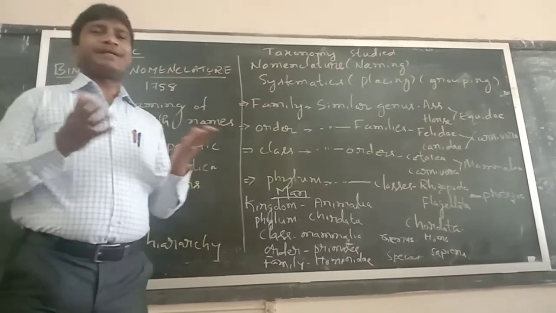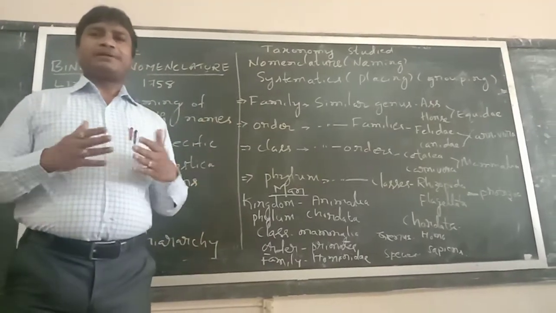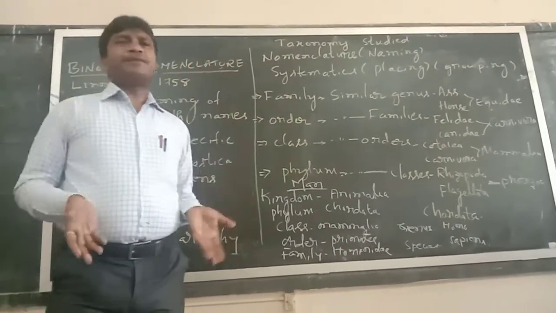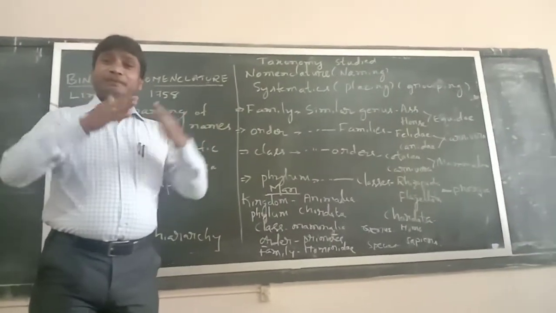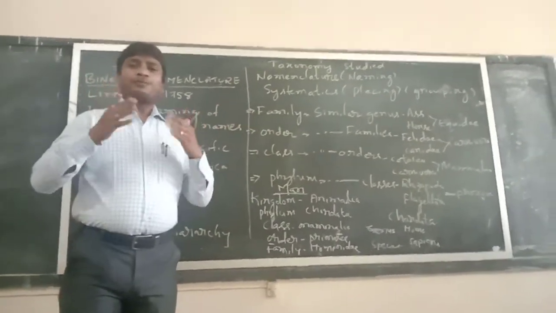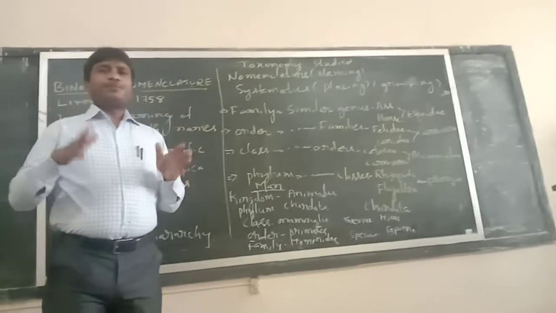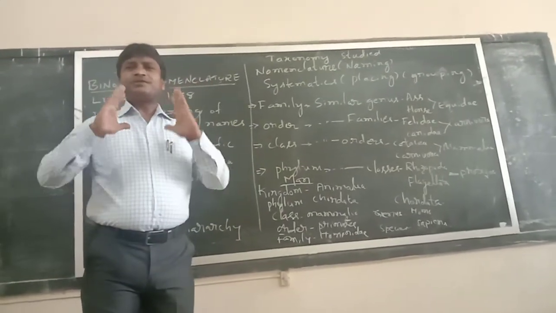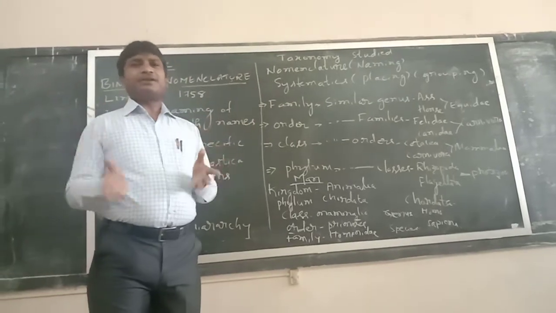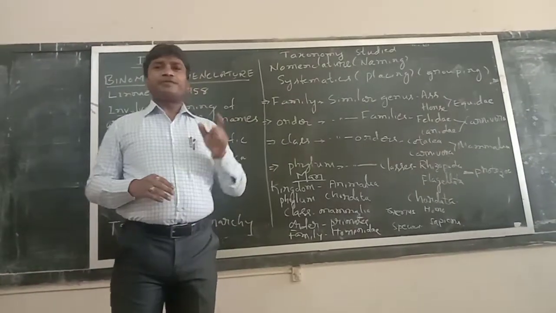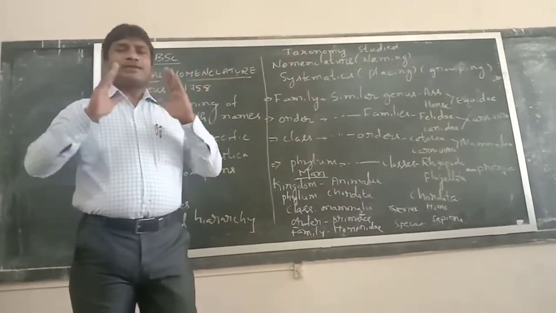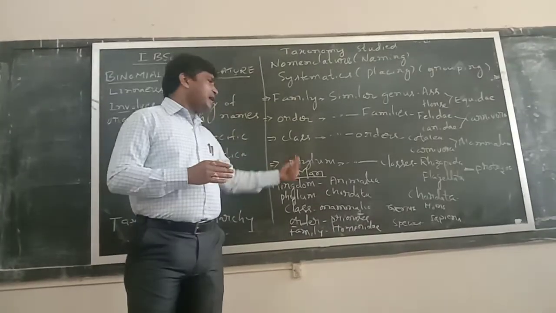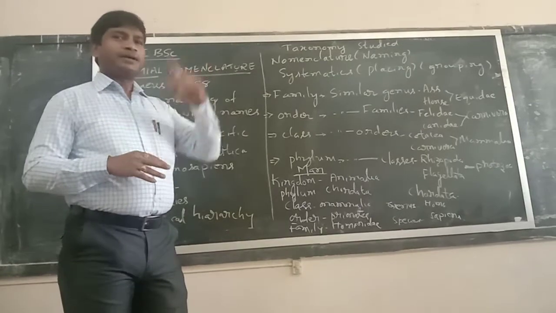For example, we take one particular state, one particular district, within the district one particular area, within the area one particular street, and within the street one particular house, with a particular door number. This is how we are all identified. Like that, in this system, all life forms have their own address to identify. So, for example, man: what is the address of man in this system?